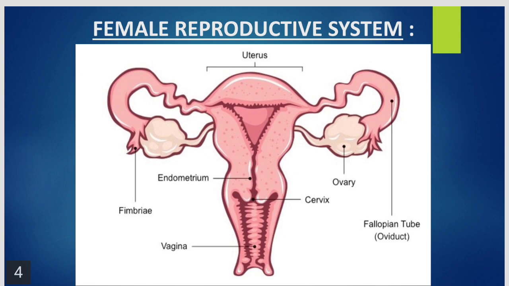Now the ova are produced inside the ovary, inside the Graafian follicles, and when they are matured, they are released and flushed and caught by the funnel of the fallopian tube, and they wait in the fallopian tube for fertilization, for the sperm to come. If the sperm does not reach the ova, it disintegrates,